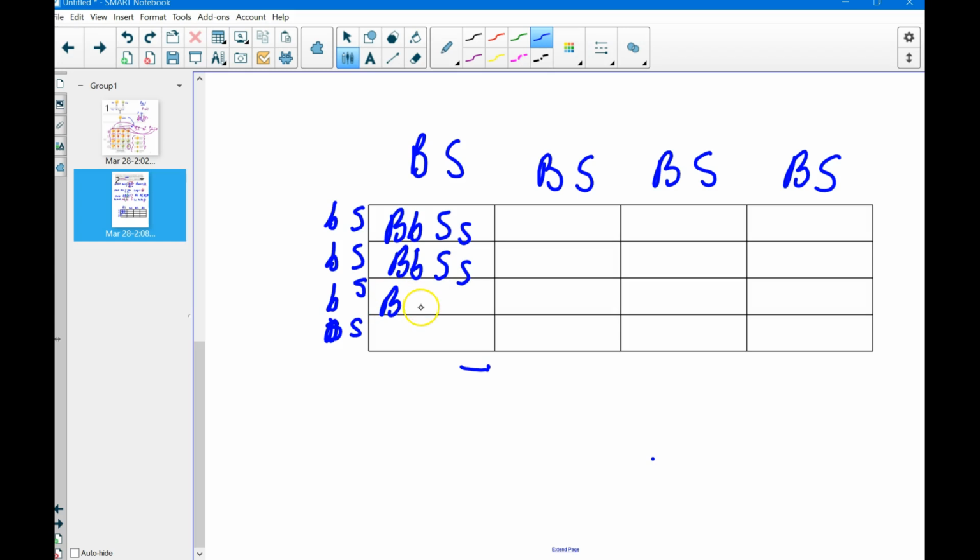Big B, small b, big S, small s, big B, it'll be big S, small s, and the same thing over here. So it's going to be big B, small b, big S, small s. So you're going to see you're going to have 100%